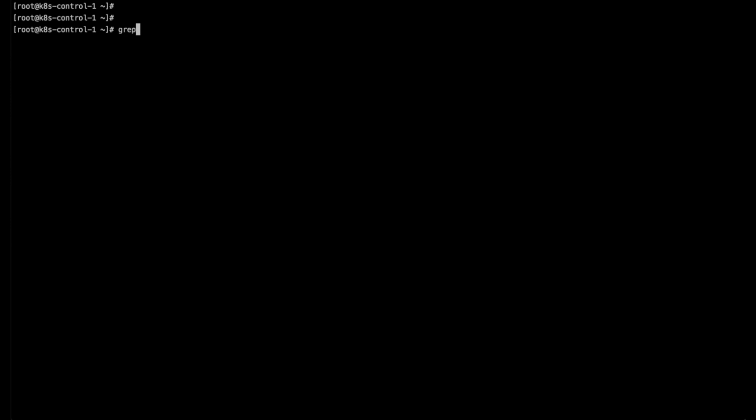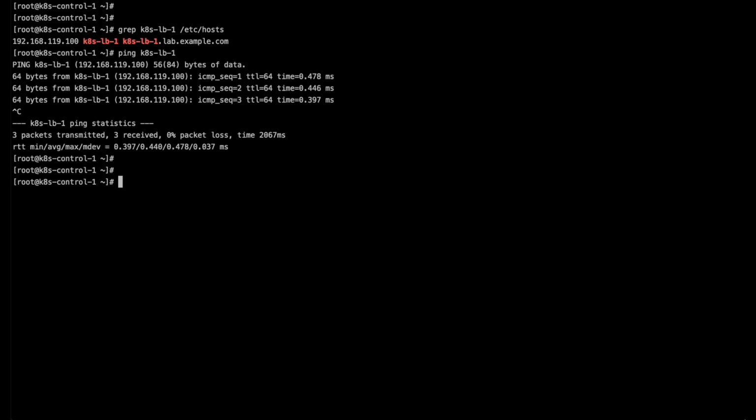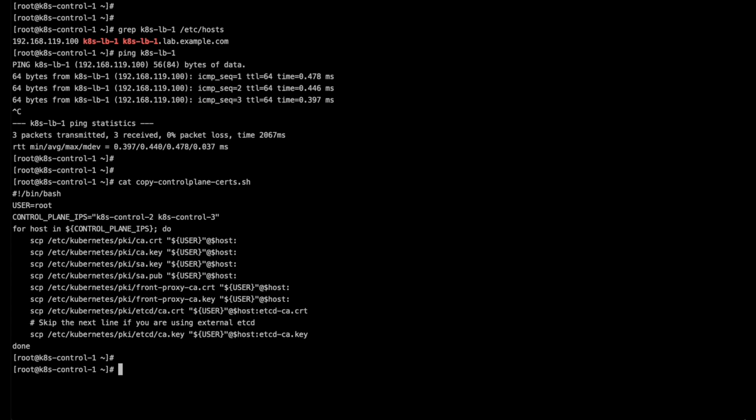First of all, let's go to the first control plane and let's be sure that the DNS name that we use for the load balancer actually points to the load balancer. As you saw earlier, the HA proxy is just forwarding traffic only to the first control plane, but for now this is okay. Before deploying Kubernetes on the other 2 control plane nodes, you need to copy the control plane